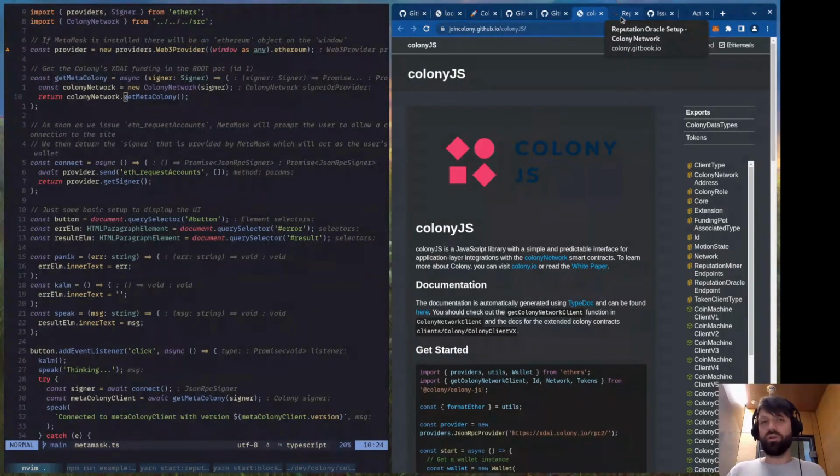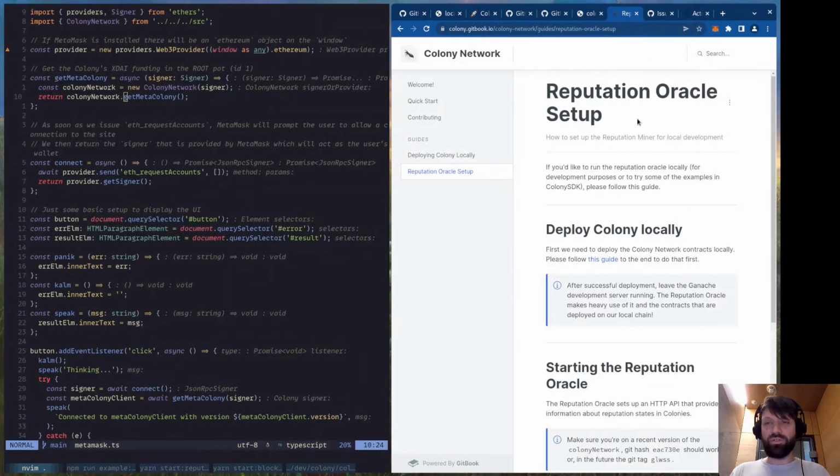Colony contracts locally, and then access them locally on this machine within an example of Colony SDK. Don't worry, I did that already. So I deployed them locally. It takes a little bit of time. If you want to do that yourself,